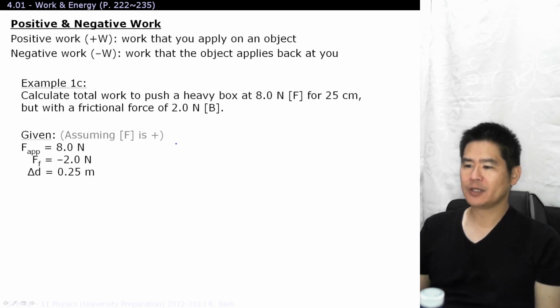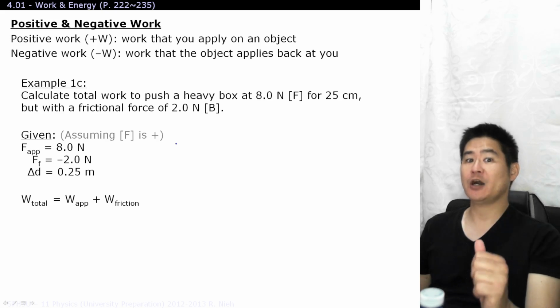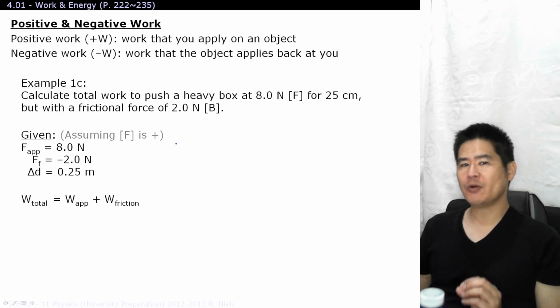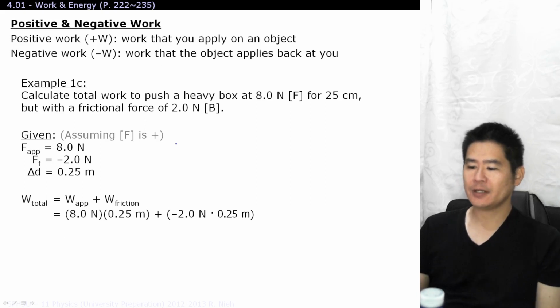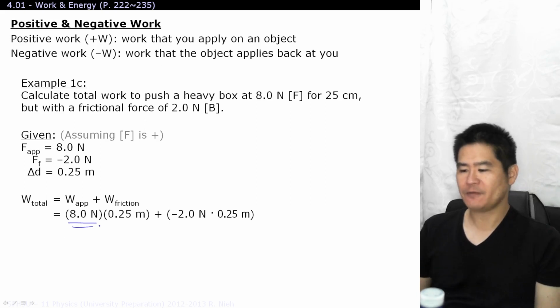We know that the total work is the force applied, or the work applied, plus the work due to friction. And if you think about it, friction always applies a force in the opposite direction. So friction will always apply negative work. Not that you need to put a minus sign here right now, but you'll see that it will work out to a minus sign. All right, so you're applying a positive force of 8 newtons forwards, and it's traveling 0.25